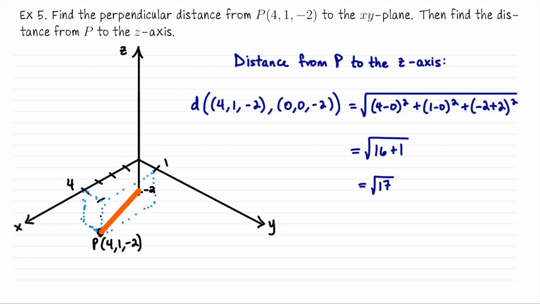17. So here I use the distance formula, but you could also fill in, say, sides of a right triangle here and treat this as the hypotenuse of a right triangle that lives in the plane z equals -2. It would give you the exact same calculation. Okay, so that finishes up these 5 examples. Thank you for your attention.